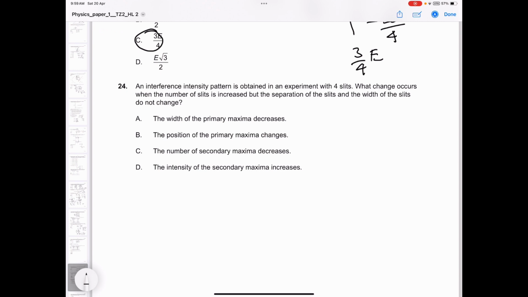Interference intensity pattern is obtained in an experiment with 4 slits. Okay, so